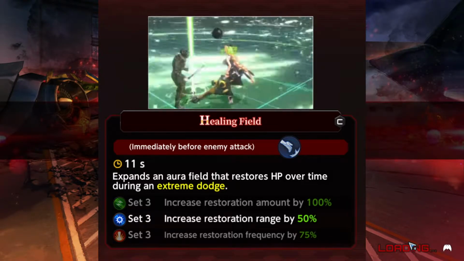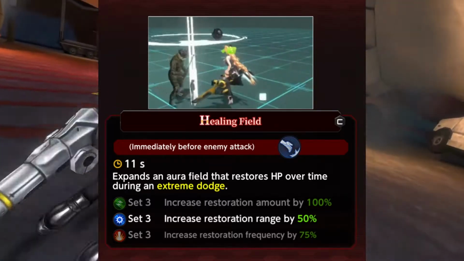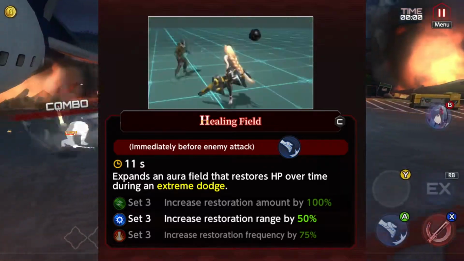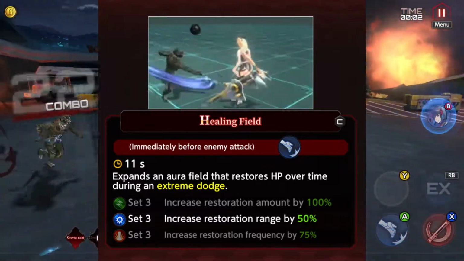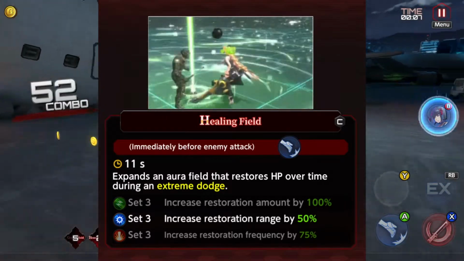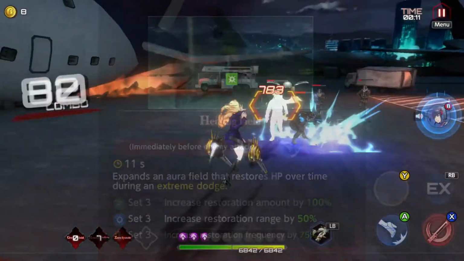These are all nice benefits to have for a monocolor build, but there's something to note about how Healing Shield works. When she does an extreme dodge, the skill's name pops up, and then wherever she lands, when the dodge completes, is where the field's gonna occur. Now, the healing doesn't happen immediately either. The circle comes up and then a light shines down after 3/4 of a second, and then that's when the